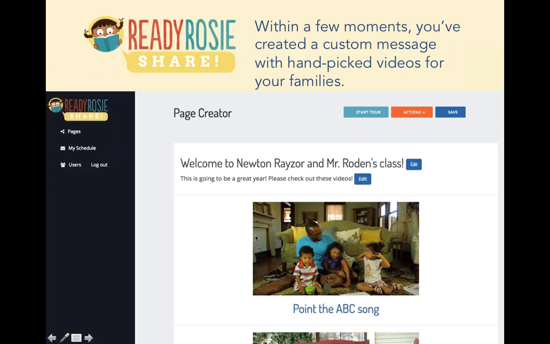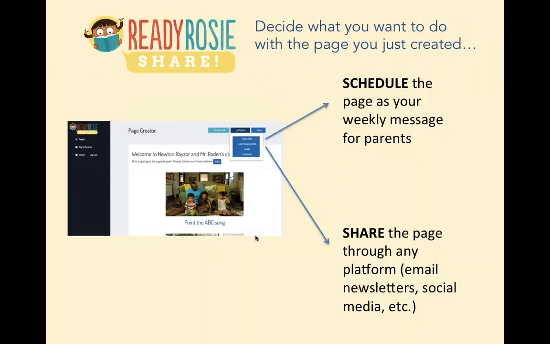So within a few moments, you've essentially created a custom message with hand-picked videos, and you've created your own little page. Now this is essentially an actual web page, and so you can do a couple of things with it. Number one, you can schedule it to be part of your weekly message for your parents. So going to the action button and just